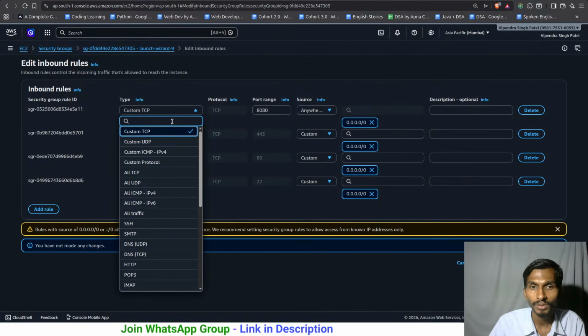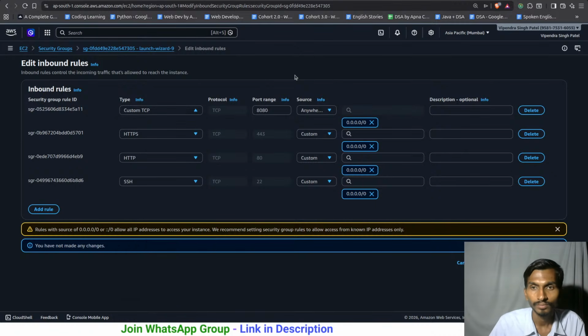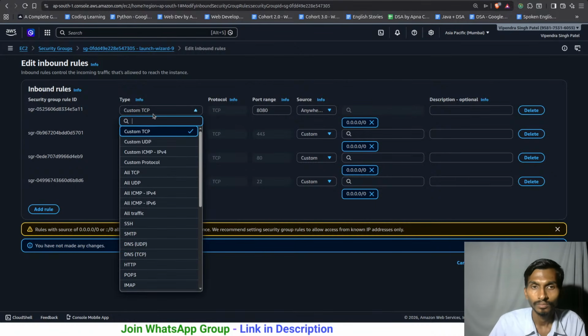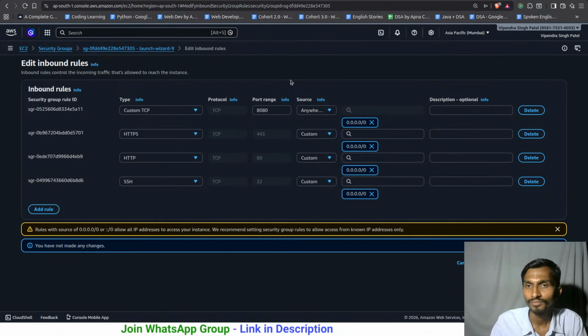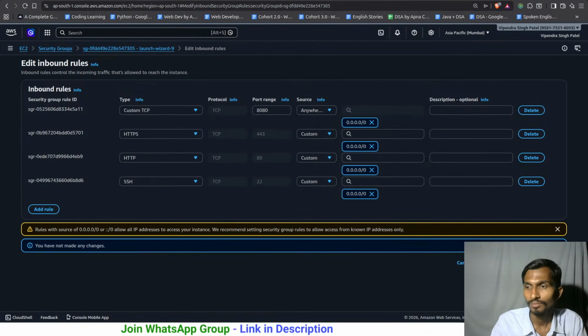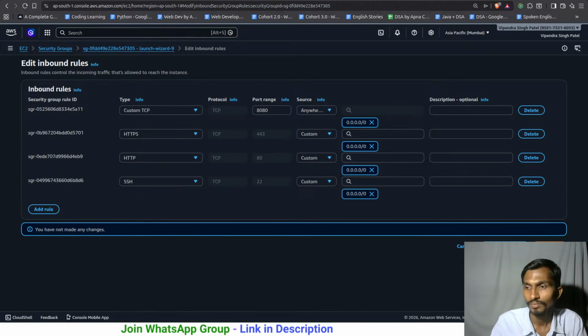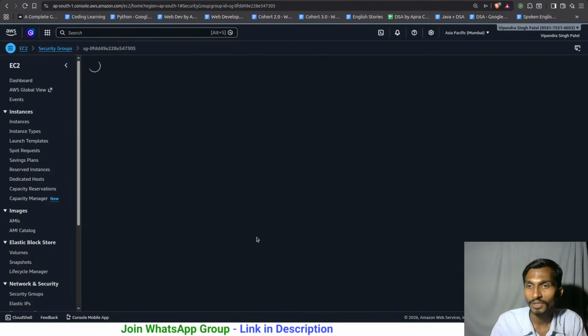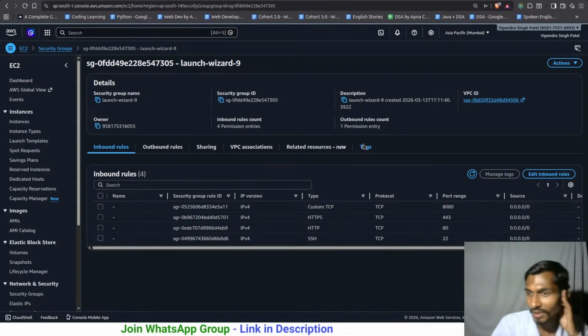Overall it should be working. I don't know why it's not working. This is the TCP one, right? TCP, yeah. You have not made any changes, so it is just simply saying that you have not made any changes, and because of that you are not able to change that. That's okay. But once we have done this much,